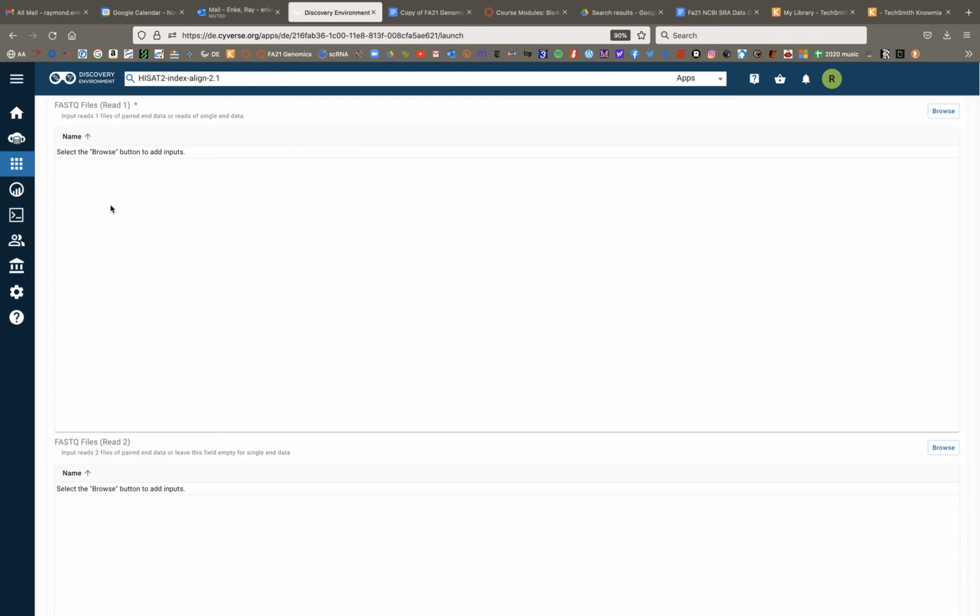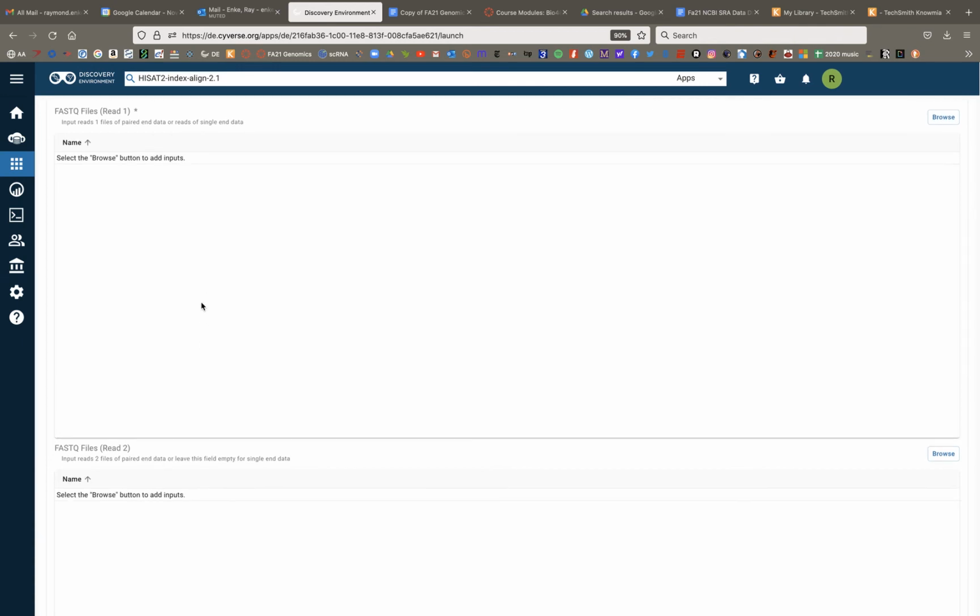And you have to make sure that you put in the R1s here and the R2s here. So something notable: if you're downloading data from the NCBI Sequence Read Archive, even if those data are from a paired end experiment originally,